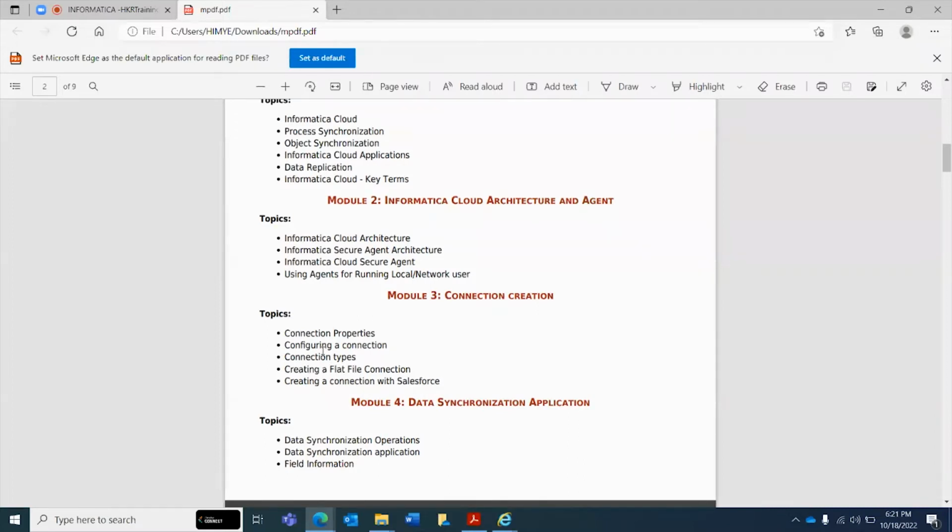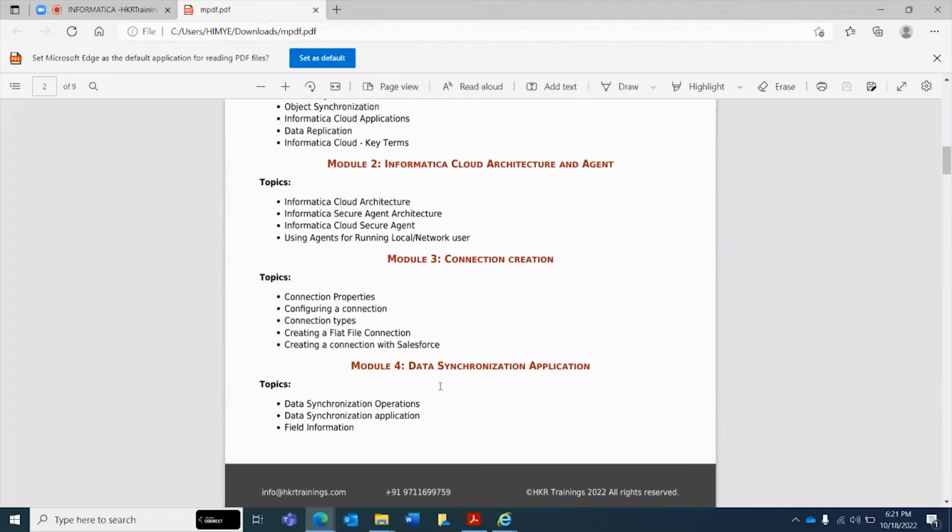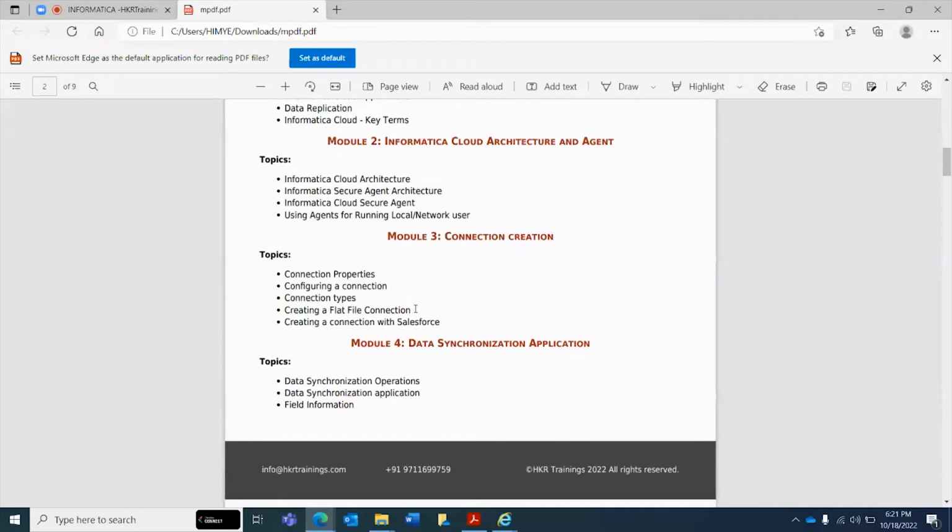And there I will show how to create a connection, what properties we can configure, flat file connections, and how to create a Salesforce connection. You know Salesforce? This is the CRM where a company maintains all its information, an organization's cloud application. I will show the inbuilt connectors as well as the types of connections we have.